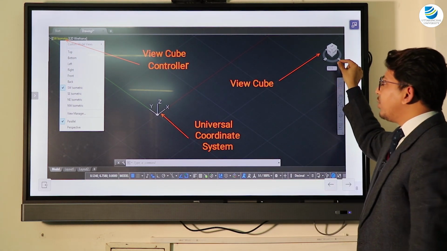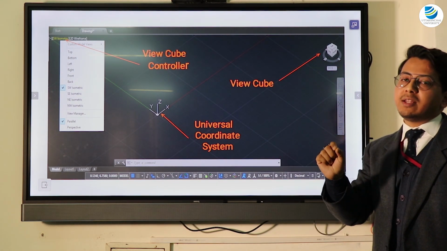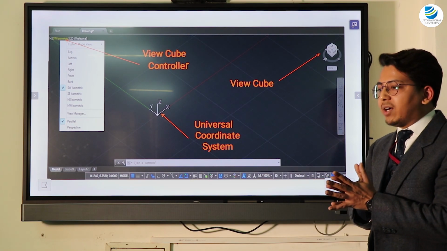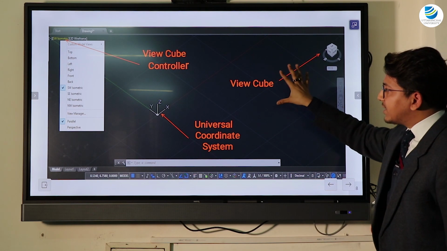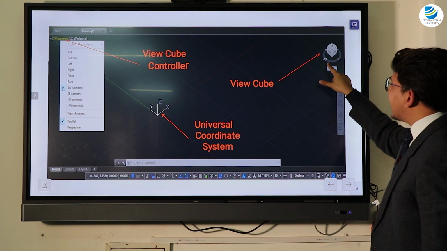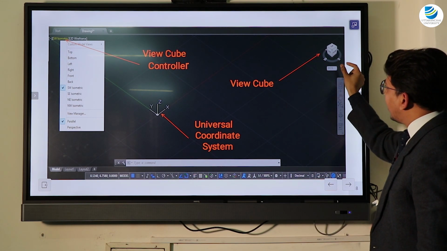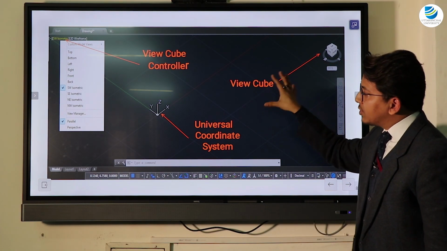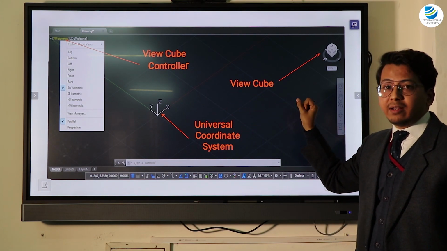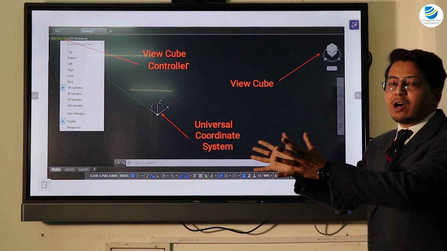This view cube is mainly used in 3D drawing. Suppose you want to see a house from the southwest direction. In this picture, the view cube has been rotated to a southwest angle, so whatever the drawing here, it will be projected from a southwest view.